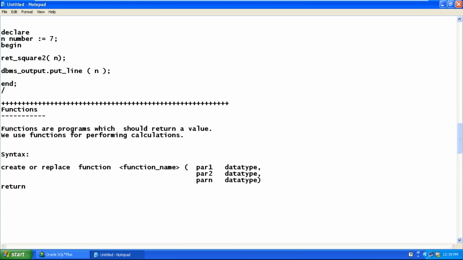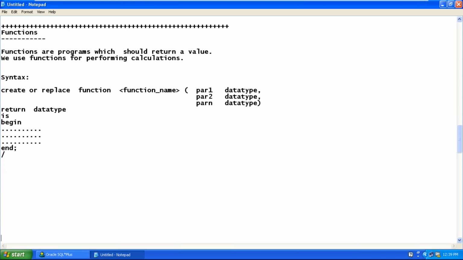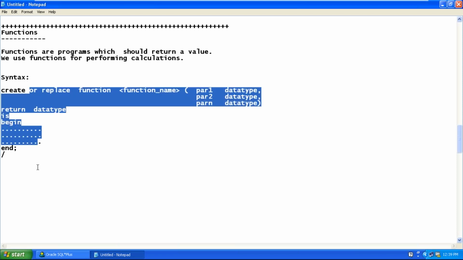Then return, data type, is, begin, the lines of code you want to execute. So this is how to create a function.